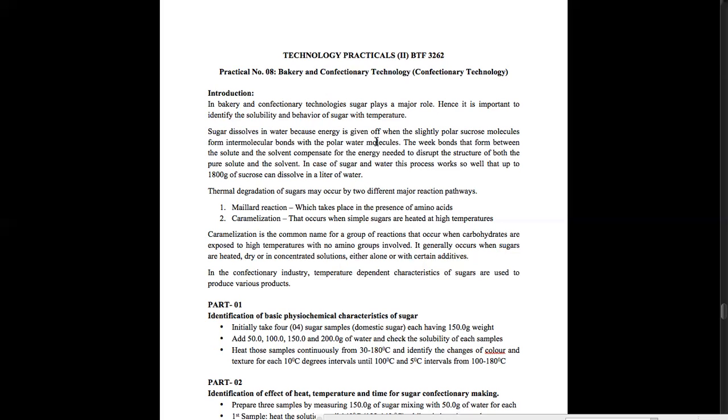Then, when we heat some sugar with water, you can observe the color change. And in your home, your mother also develops this type of food product using caramel and sugar. So you can get different textures and colors by using similar sugar. The Maillard reaction and caramelization are very critical in the sugar confectionery industry. So I hope that you all know these things.